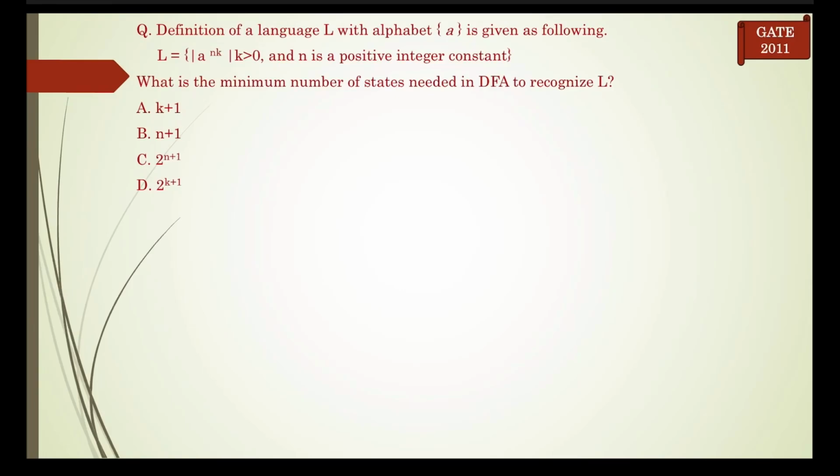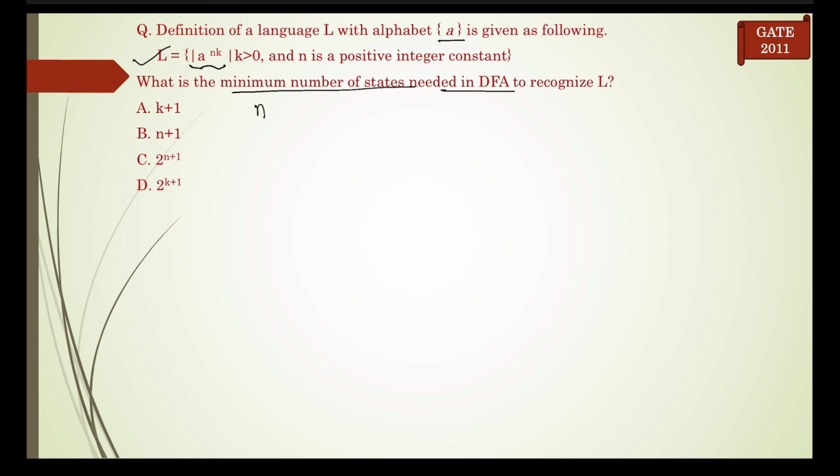The question is: the definition of language L with alphabet A is given as follows: L = { a^(nk) }, where k is greater than 0 and n is a positive integer constant, and we have to find out the minimum number of states needed in a DFA to recognize this language L. So to solve such questions,